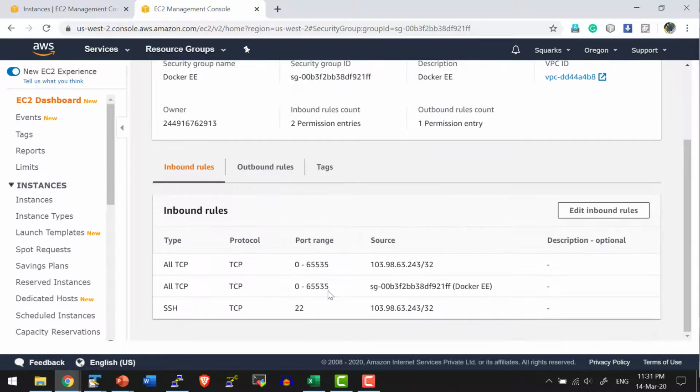So I need to make sure all the systems running within this particular security group, that is Docker EE, will be in a position to communicate in all these ports. In case you wanted to restrict this to the specific ports, you can add only those ports. But for easier and quick installation purpose, I have added all the ports only for this particular security group.